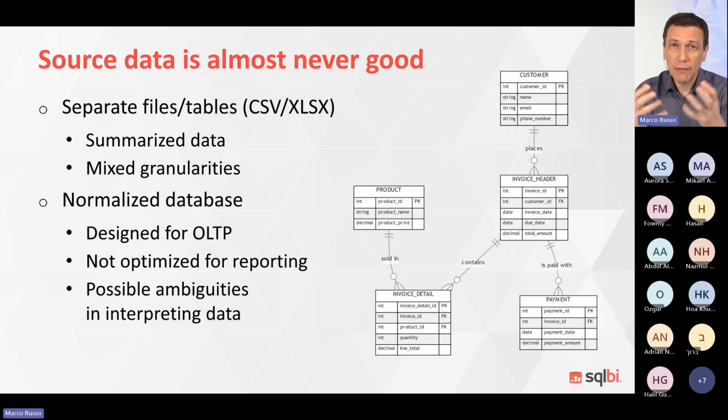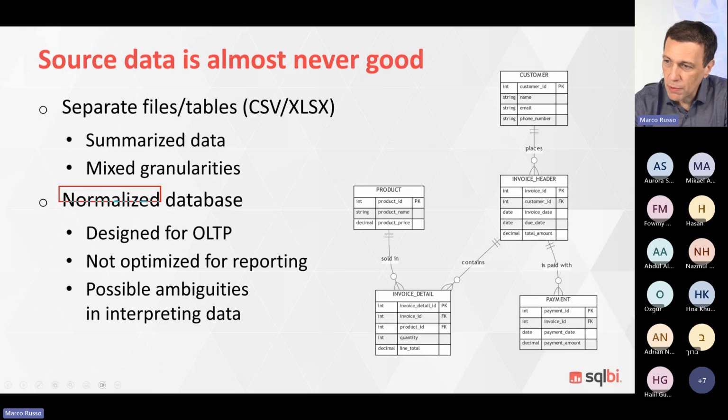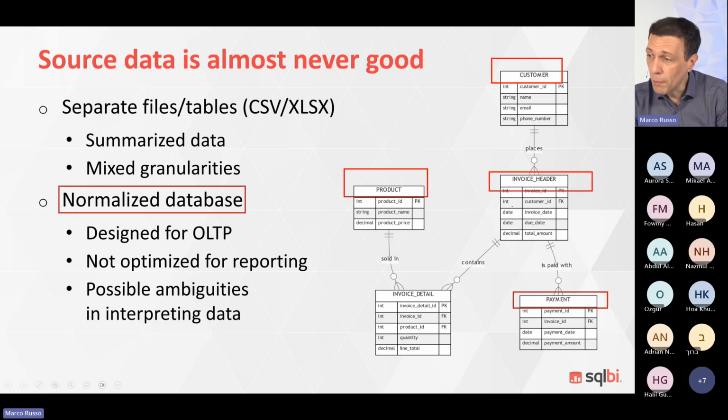If you have an ERP, if you have an accounting system, you will probably have a database with several tables. The tables that we have in a normalized database are something like this. We could have a table customer, a table product, a table payment, but then every customer has an invoice, and the invoice can have multiple rows in the detail. This is a common situation.